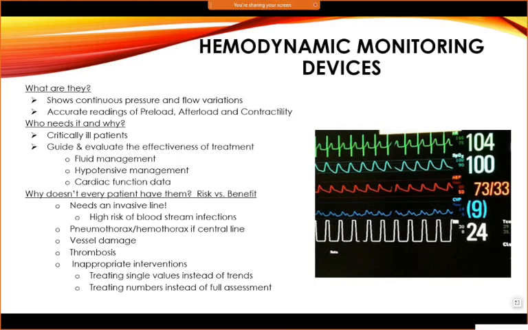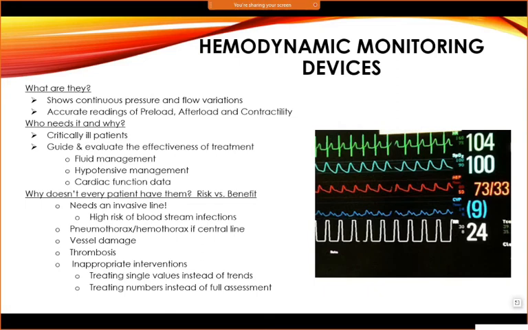I'll let you read through it, who needs it and why. But because every single hemodynamic monitoring device requires an invasive line, we kind of want to limit it. It becomes an invasive thing. So we don't want to measure something hemodynamically if we can do it without. That's why I gave you the assessment parameters for preload, afterload, and contractility that we can do without a hemodynamic device. If we're ever doing least invasive to most invasive, hemodynamics is a pretty invasive thing because it